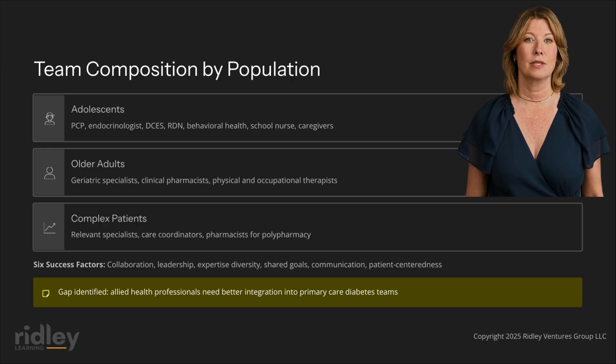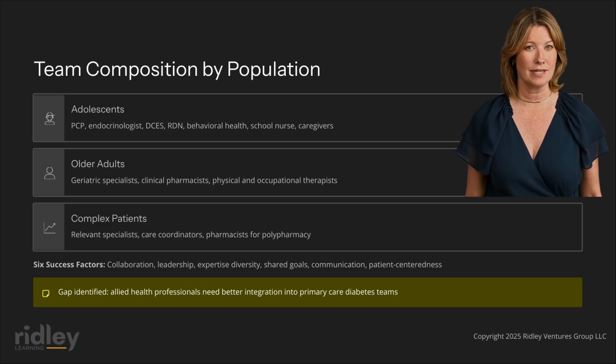For older adults, the team may include geriatric medicine specialists, clinical pharmacists, and importantly, physical and occupational therapists as appropriate based on functional status and independence. For individuals with diabetes-related complications or comorbidities, the team should include relevant specialists along with care coordinators and clinical pharmacists for those with polypharmacy. A systematic review of health professionals' views on multidisciplinary diabetes team care identified 6 factors essential